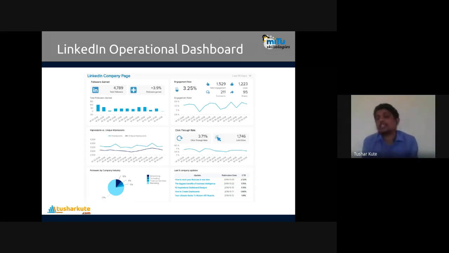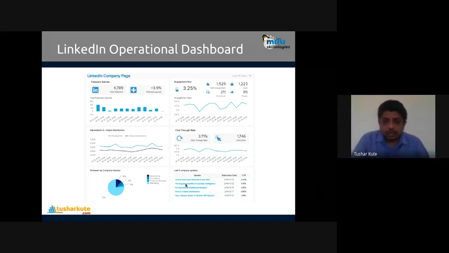So we have posted some links, and people have clicked those links, not only links, even videos and images also. So those clicks, we can see 1,700 clicks are there, and click through rate is 3.7. Out of all the people who have seen it, how many people have clicked on that? Okay, that we can see here. One last piece of information shown here is this click through rate. You can check it out.